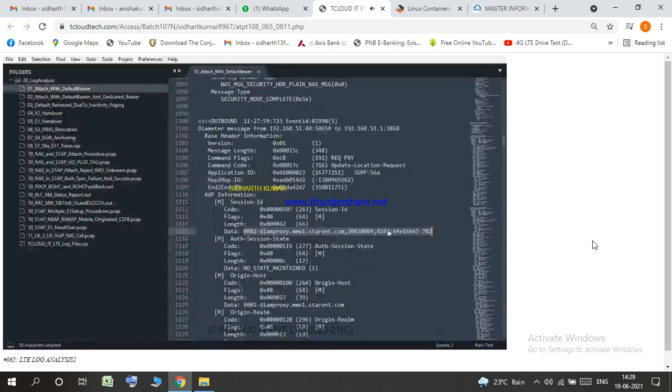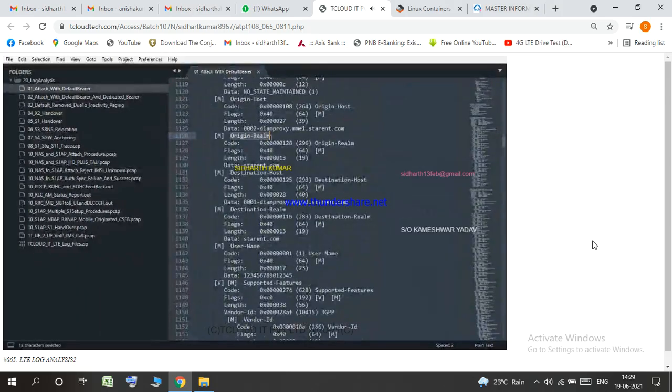So 002 diameter proxy mme.starn.com, we have session ID. Then we have authentication session state, no state maintained. And origin host, this is MME's diameter ID. Origin realm, it is starn.com. Destination host, this is the destination host ID. That is nothing but